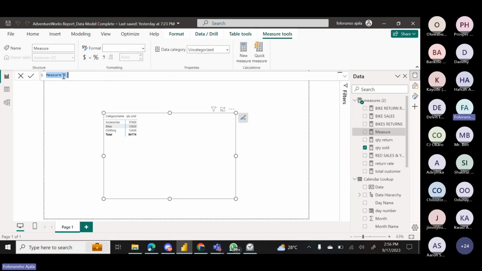So let's say I want to see the total sales. Let's just say all quantity sold sales. So now, if I want to